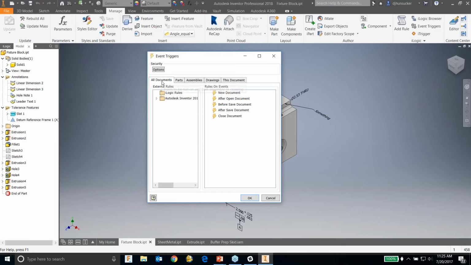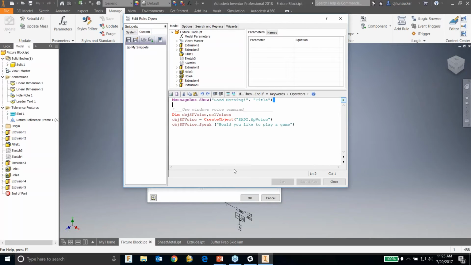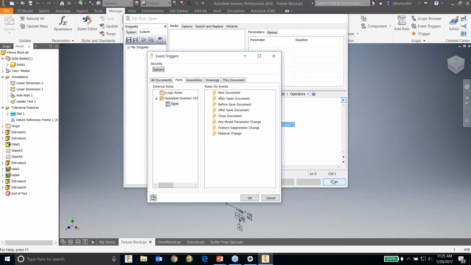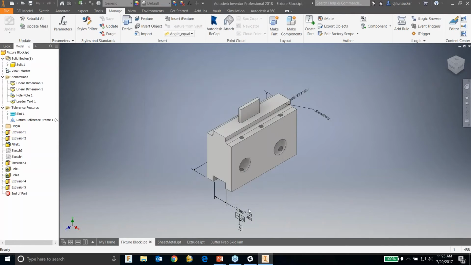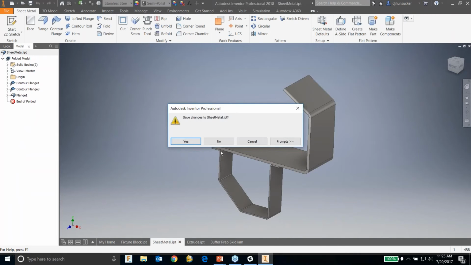Now you can actually control this and say, for all documents, here are these external rules I want to use. For parts, assemblies, drawings, you can specify for anything that's opened, you can run these rules, or just this document. Just a sample on this one: I've got a rule out there that, if I show it to you first, all it does is open up a dialog box and says good morning, and then it plays a little voice command. So if I wanted that to actually happen after opening a document, you can put it on the part level. So that way when I turn that on, if let's say that wasn't open,